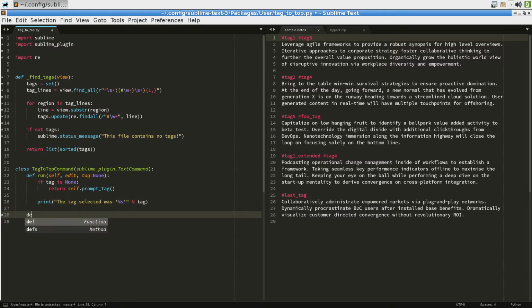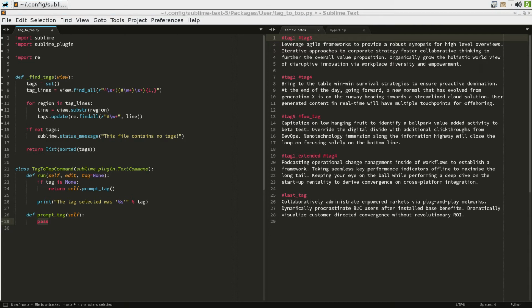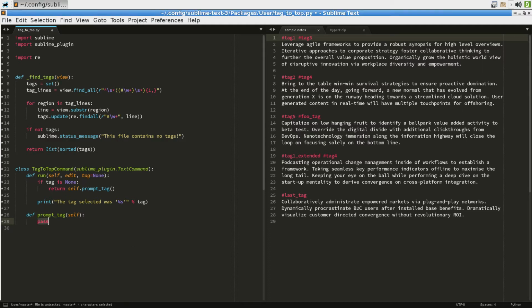Now we need to define a method to do that. So the method is called prompt tag. And what does this method actually need to do in order to prompt us for a tag? Well, first thing we're going to need to do is grab the list of tags. We're going to use a quick panel for this. If you're not familiar with that, you will be in just a moment. So we're going to find the tags in